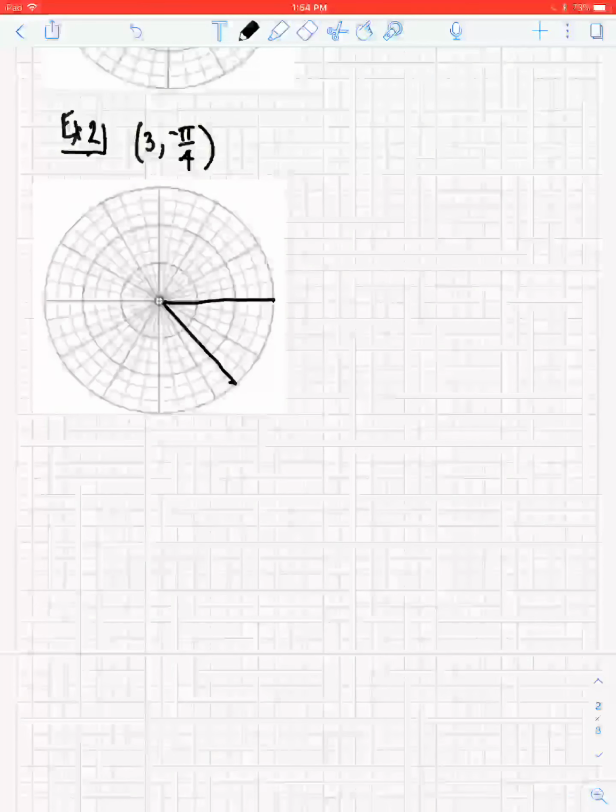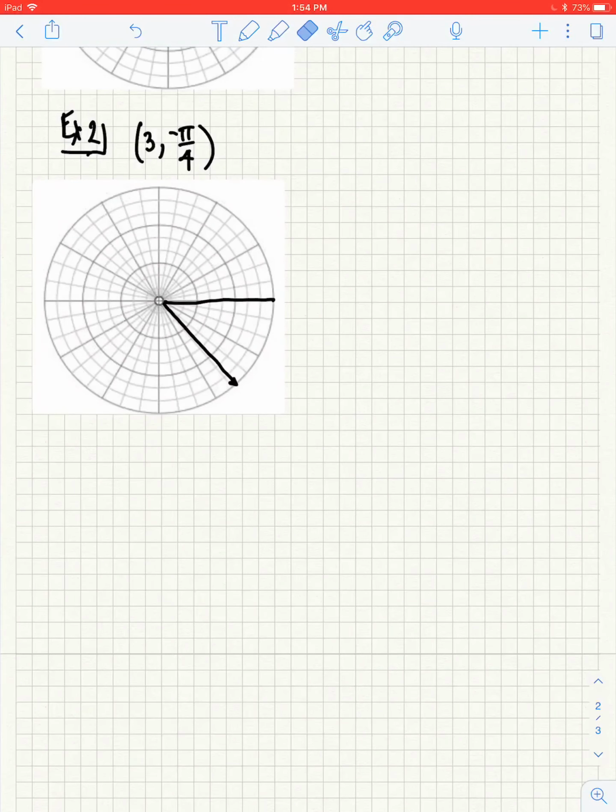So it's going to go down, and it'll be this way. You don't really need the arrows here. You just want to make it a terminal and make it end, right in the middle here. If that was pi over 4, and we're going 3 units, 1, 2, 3, that would be the point. So that is (3, negative pi over 4). The angle is negative pi over 4, the radius is 3. But that is the point